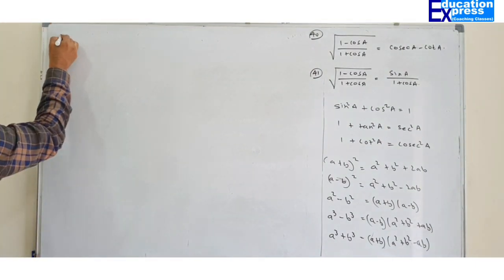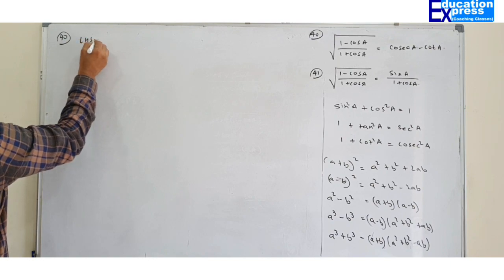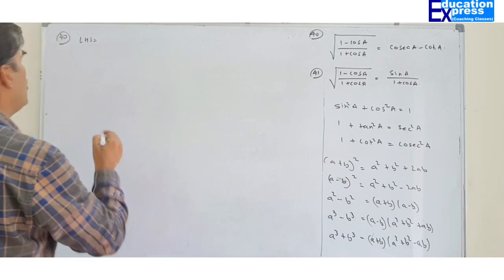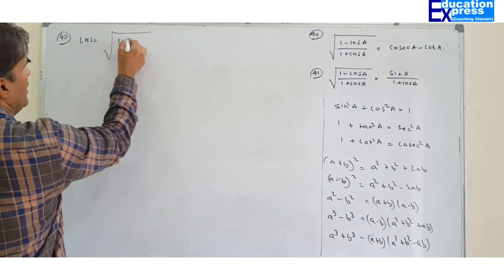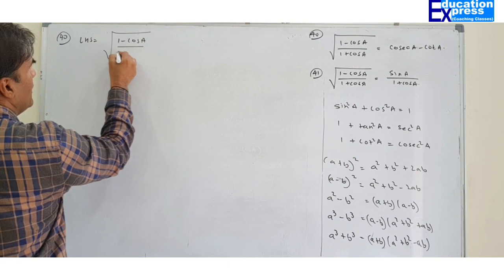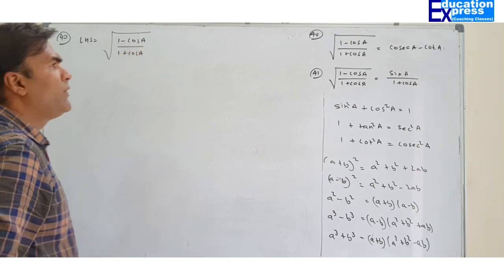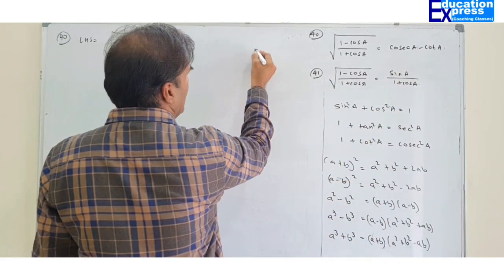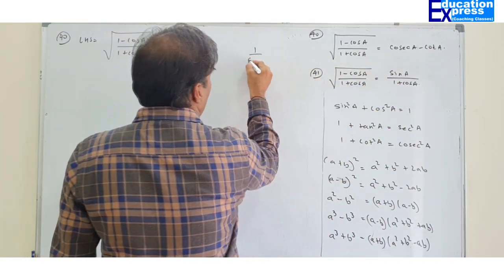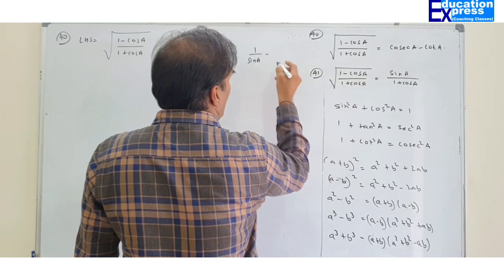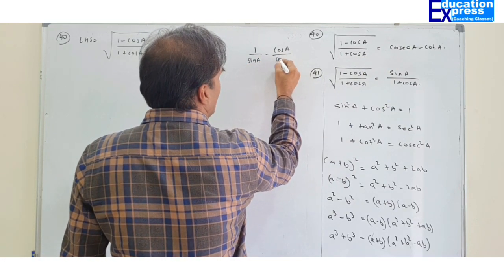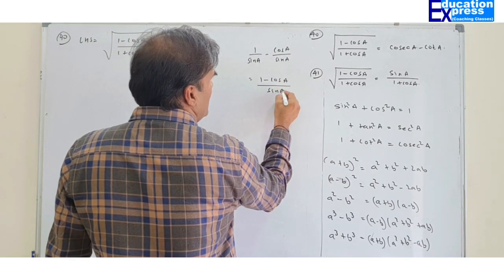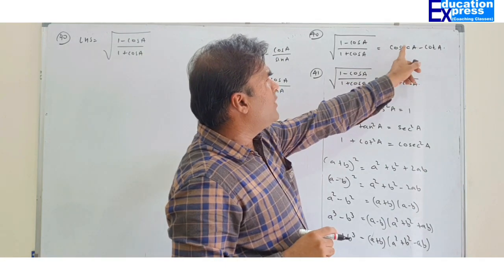Have a look at question number 14. If you look at LHS, it's shown to us under root, so we will operate on this only. How do we operate? There is one particular method that can be adopted to make things simple. First of all, we don't know what the outcome of this is, so in rough work, we can simply find out. Cosec A would be 1 upon sin A minus cot A would be cos A upon sin A. So what we want is 1 minus cos A upon sin A. Whenever I open this, I should get this.